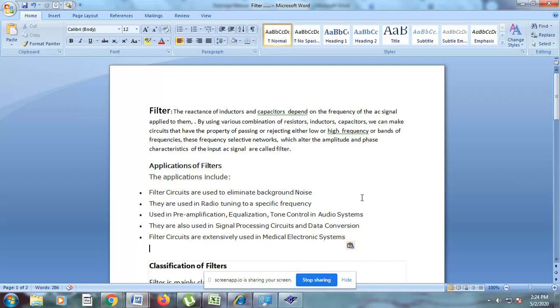Now, the application of the filter. Filter circuits are used to eliminate background noise. They are used in radio to tune to a specific frequency, and in preamplification, equalization, and tone control in audio systems. They are also used in signal processing circuits and data conversion. Filter circuits are used in medical electronic systems. That means a filter circuit allows a certain range of frequency or stops a certain range of frequency. Okay,